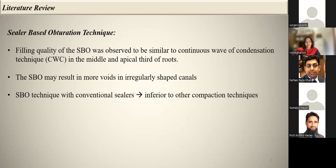अच्छा, वो है नहीं, तो दिस इज एक एथिकल इशू भी है इसके अंदर, जो कि मैंने सुमैया से कहा था ऐड करने को, जो वाइटल केसेस को 2 विजिट्स पे ले जाने वाला है। आपने एक वाइटल केस लिया, उसको बगैर किसी जस्टिफिकेशन के 2 विजिट्स पे ले गए, और सेकंड विजिट पे लाके फिर पूछा कि आपने इस स्टडी के अंदर इंक्लूड होना है कि नहीं। जब उस पेशेंट ने कहा नहीं होना, तो आपने उसे ऑब्जर्वेट करके फिनिश कर दिया, और अगर होना है तो फिर रैंडमाइज किया। ये काम आप पहले भी कर सकते थे कि अगर उसने स्टडी के अंदर इंक्लूड नहीं होना, तो आप देन एंड देयर उसे ऑब्जर्वेट करके सिंगल विजिट में भी काम कर सकते थे।